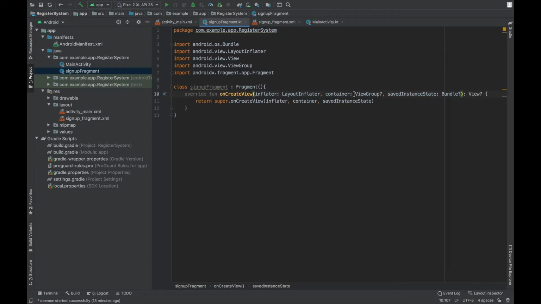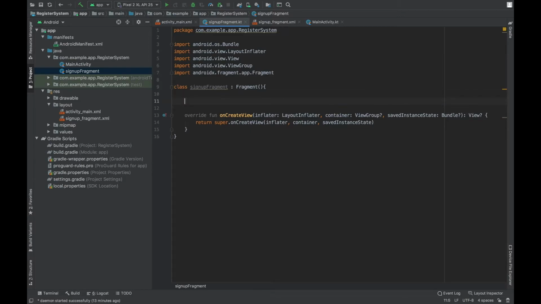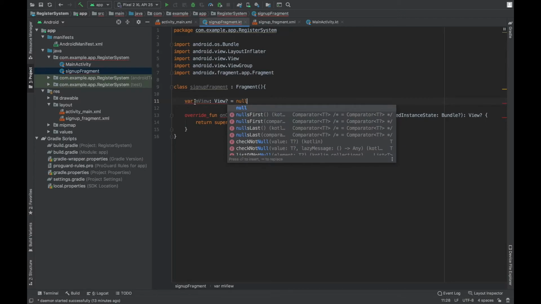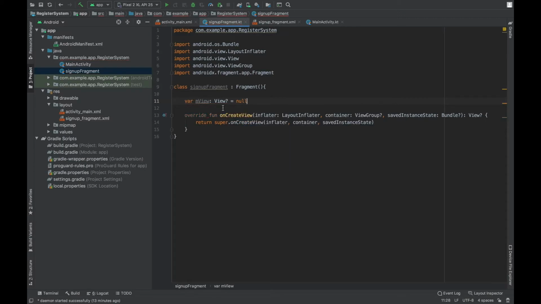Now the return type of this method is a view. So I am going to create a variable with the name mView, which is of the type View and it can be null. So remove this line, return super.onCreateView.